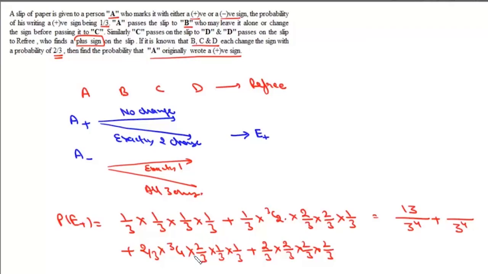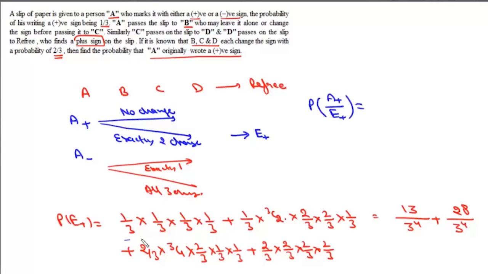Now this is 12 and 16. So it will be this 28. Now we need to find this conditional probability that if the referee receives a plus sign, then A started with a